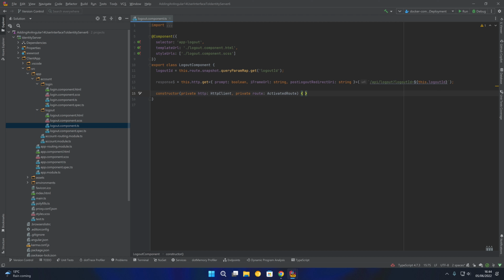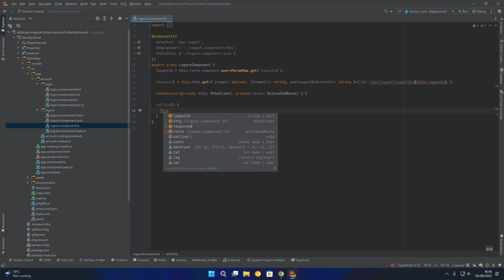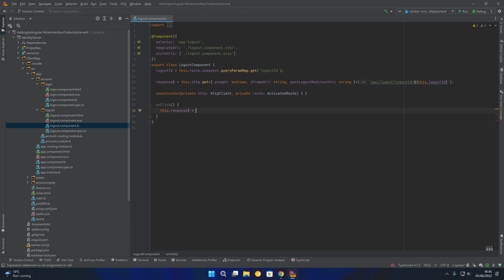Next up, we are going to create a method that will be called when the user clicks the prompt button if they have been prompted to do so. So what we can do is create a method called onClick, like so, and this is going to set the response. So it's going to be this.response$ equals